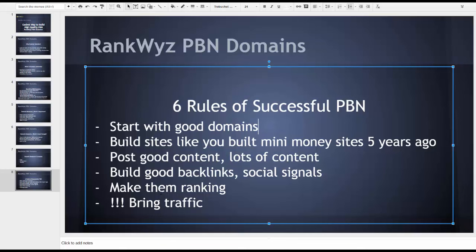If you were building mini money sites 5 years ago, that should be a good site. It should be a good site, decent. It's small, but you don't need to be extremely big, but it should not be like 3 pages or 5 pages as many would suggest. And especially, please stop putting there spun content, content that is just basically rewriting the same article over and over again,